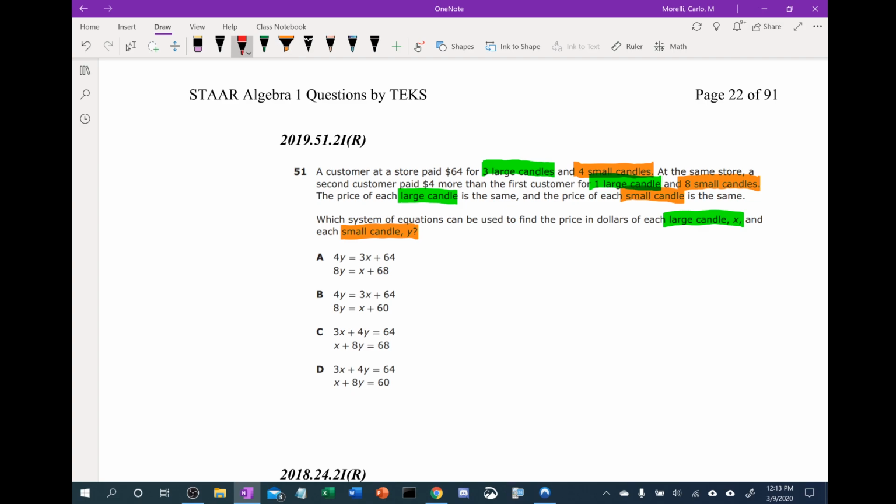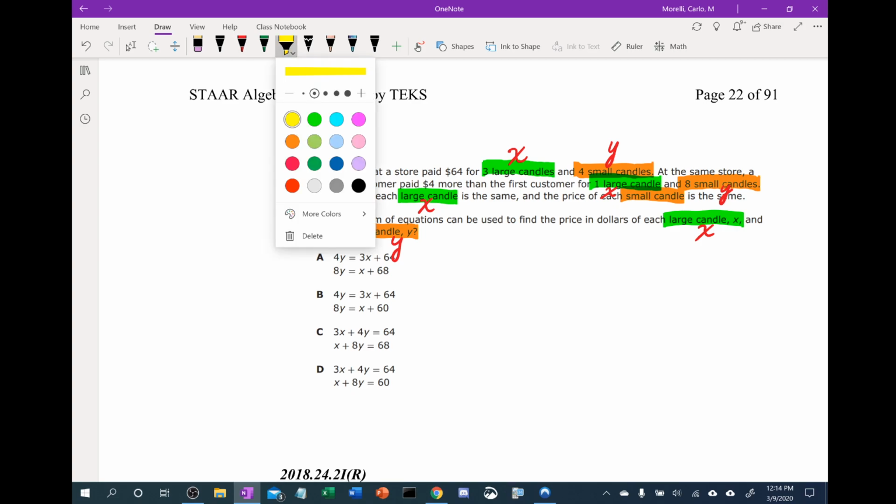So now that we know that large candle goes with X, everywhere we see the words large candles, let's put an X. We're just marking this up here. And everywhere we see the word small candle, we put a Y. Okay. This is an X. This is a Y. Okay, the final thing we need to do is highlight in yellow